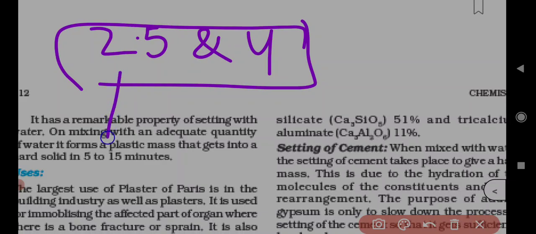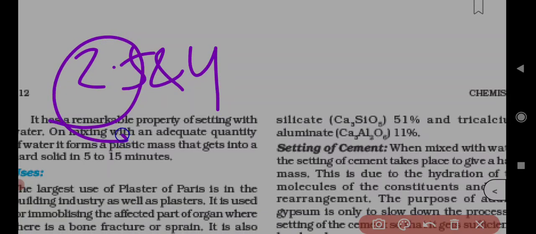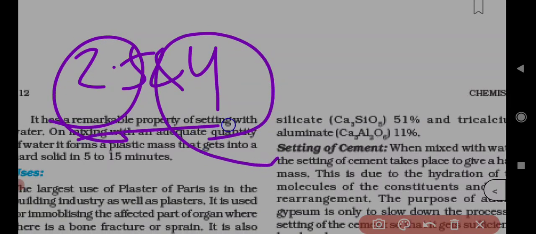सिलिका कितना होता है 20 to 25%, एल्यूमिना 5 to 10%। तो इनका रेशियो 2.5 और 4 के बीच में होना चाहिए। इसका मतलब सिलिका ज़्यादा होना चाहिए, एल्यूमिना कम होना चाहिए, 2.5 और 4 के बीच।